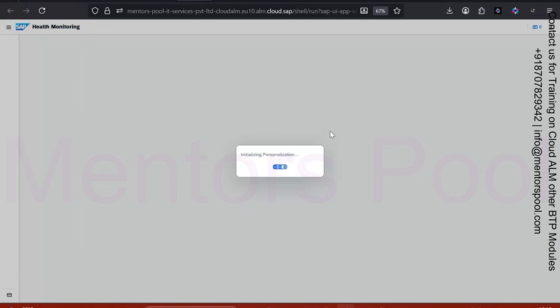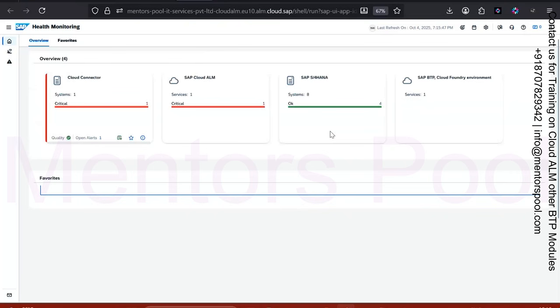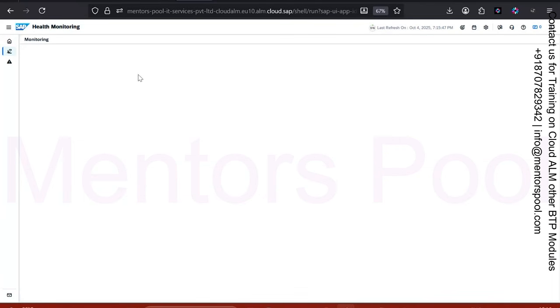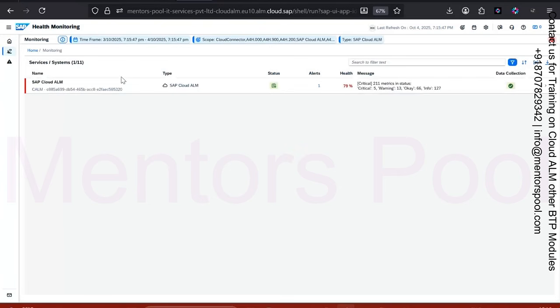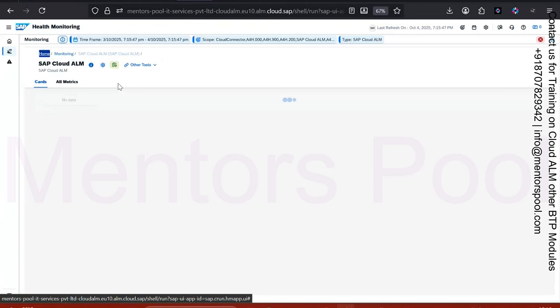Let us consider the request you asked. Let us consider I integrated one S4 system to Cloud ALM, and in between midnight that particular integration failed, and I didn't receive the particular scheduled data from the backend system to Cloud ALM. During that time, I am unable to see the real-time updates of the monitoring data at the Cloud ALM level, right? So what SAP provided as a solution is that you can integrate inside SAP Cloud ALM itself to monitor that. If I integrated an S4 system and the scheduling of the jobs is happening on a recurring interval basis,